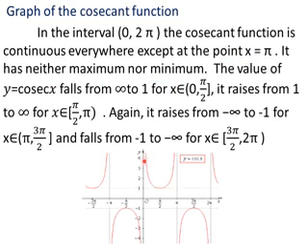And you can see the curve here. When we replace the value of x from 0 to pi by 2, the y value varies from infinity to 1. Then in the interval pi by 2 to pi, the value of y varies from 1 to infinity. In the interval pi to 3 pi by 2, the value varies from minus infinity to minus 1. Then in the interval 3 pi by 2 to 2 pi, the value of y varies from minus 1 to minus infinity. That is what we have here.